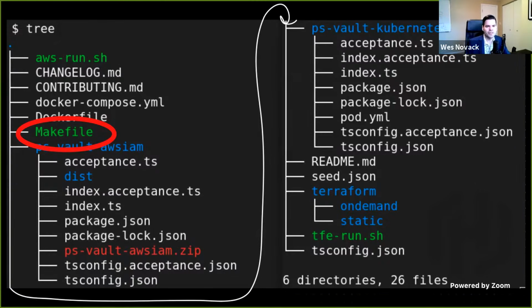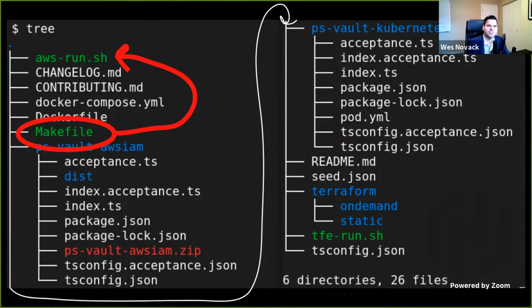And if you are running a make command from the same directory as a makefile, then it will look for the targets in that makefile to determine what commands and what process to execute. And inside of a makefile, inside of our targets, we often make calls to some of our other shell scripts that also exist within our repository. So you can see an example here up top.